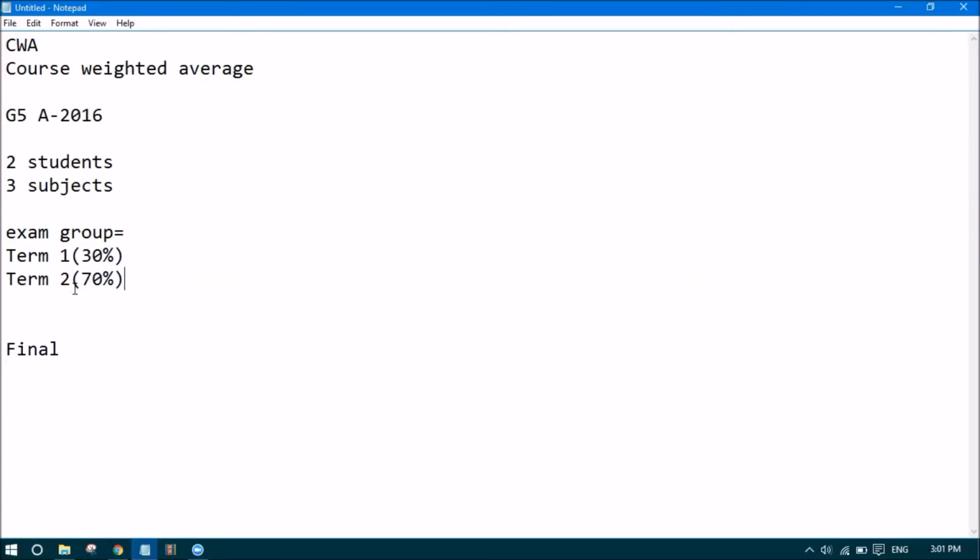In case I have more, the breakup can be done, but the total should be 100. So if you have such kind of a criteria for CWA, the same can be done in FEDINA. Exam group will be called as the terms that happen.